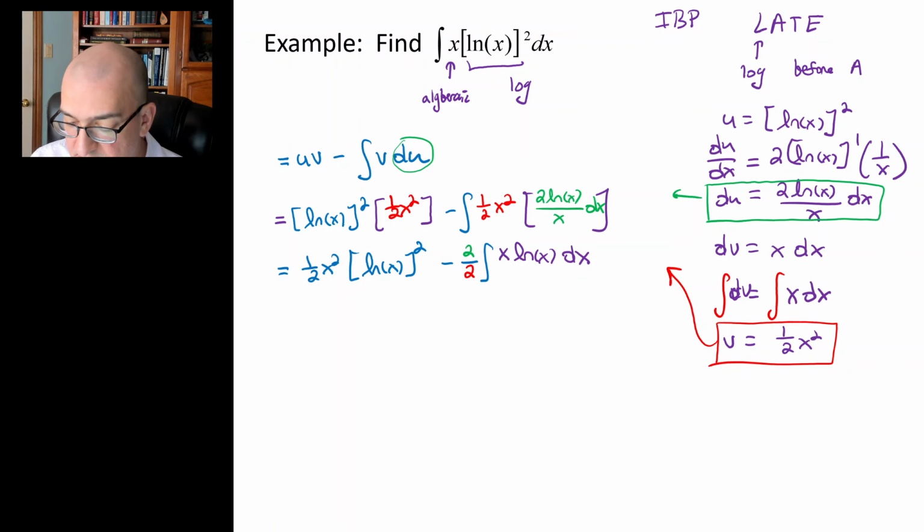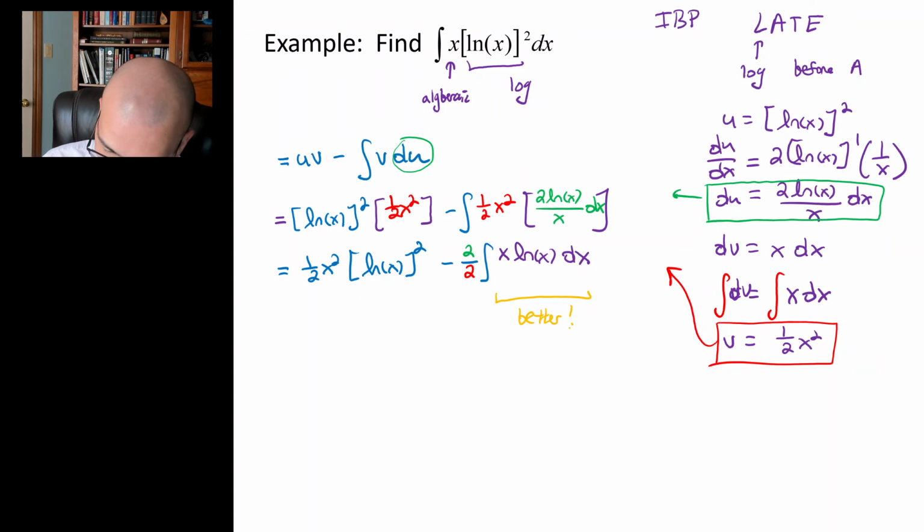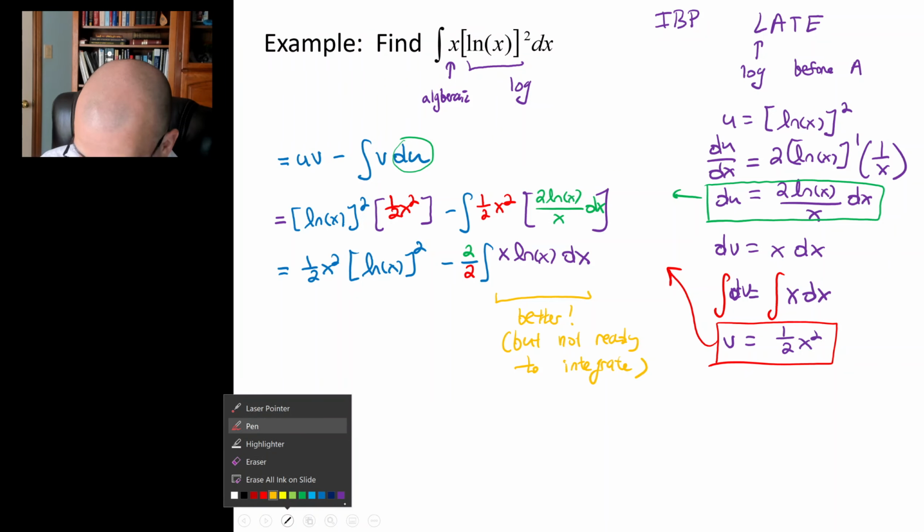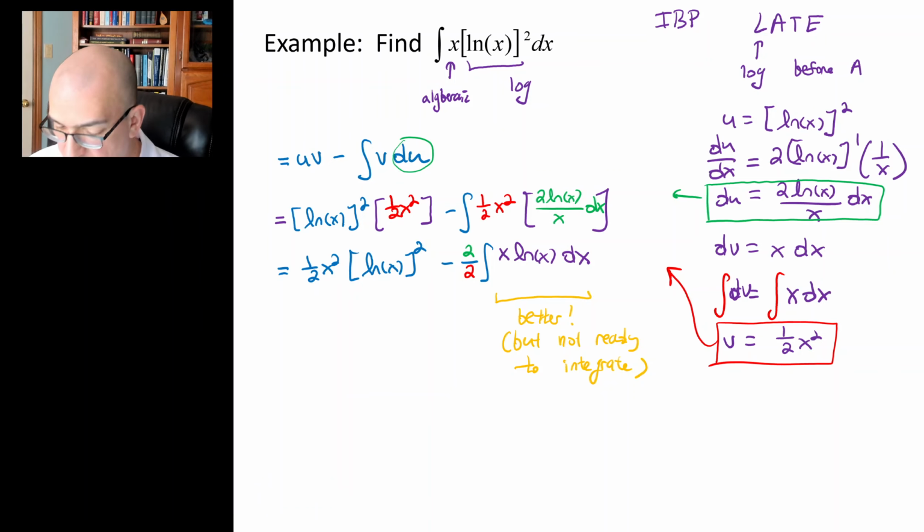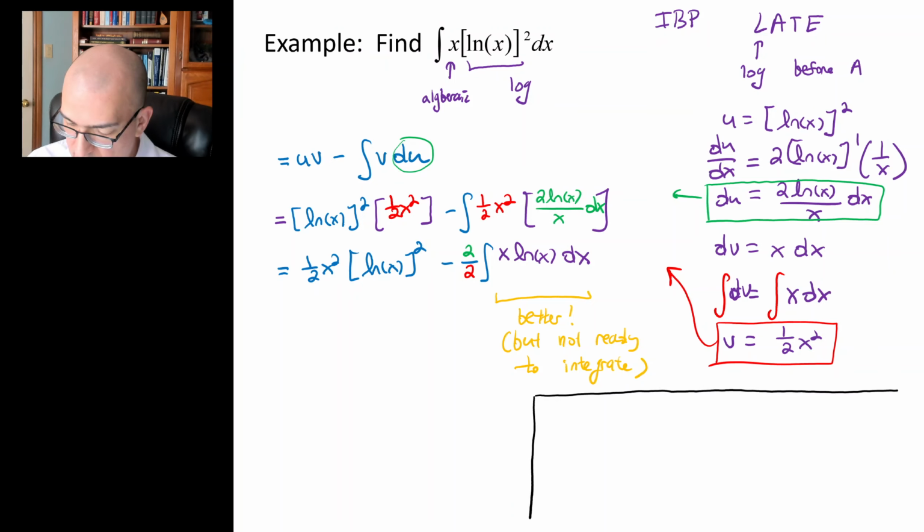So the question becomes, is this any better? We went from x times ln of x all squared to x times ln of x. And I would argue it is better, but we're not done yet. But we're not ready to integrate. So what are we going to do? Well, I'm going to do that integral again on its own off to the side using integration by parts. Integral of